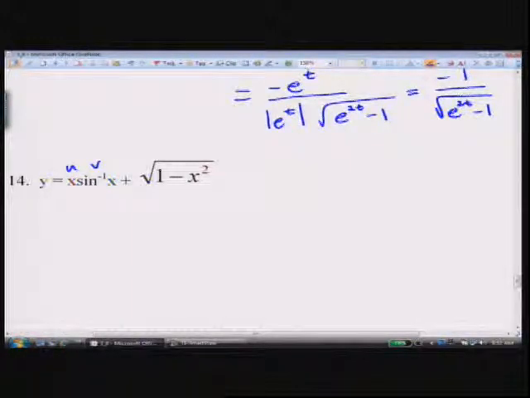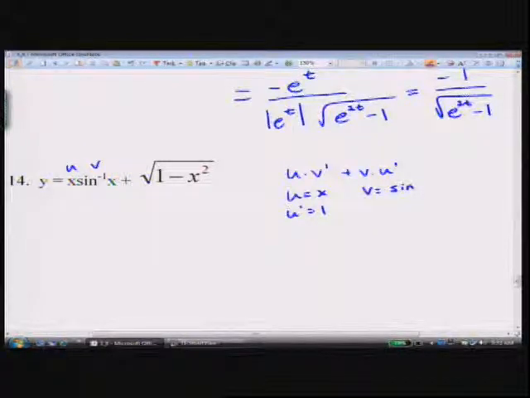Okay, so the product rule is U times V prime plus V times U prime. Okay, so our U is equal to X, so our U prime is equal to 1, and our V is equal to the inverse sine of X, so our V prime is the derivative of the inverse sine, which is 1